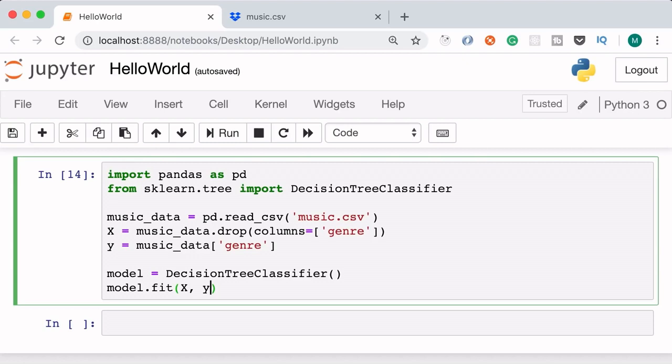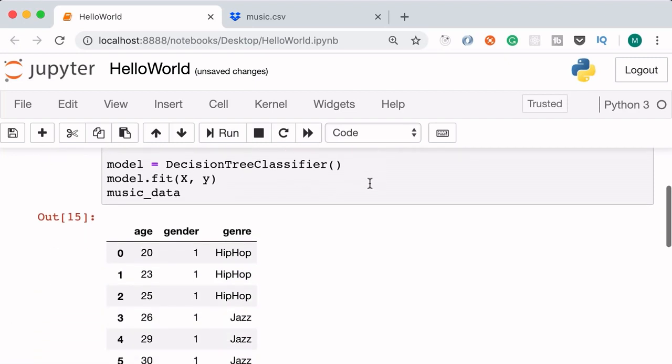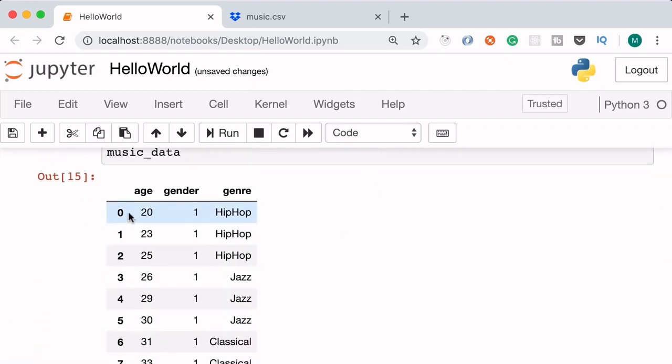Now, before we do that, let's temporarily inspect our initial data set, that is music data. So look what we got here. As I told you earlier, I've assumed that men between 20 and 25 like hip hop music. But here we only have 3 samples for men aged 20, 23, and 25.